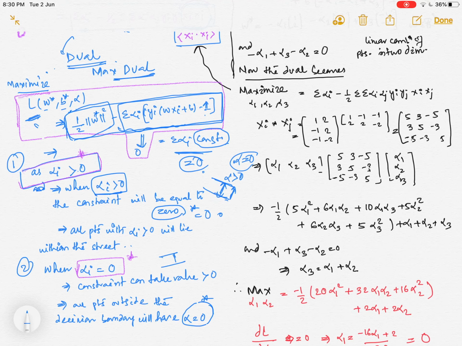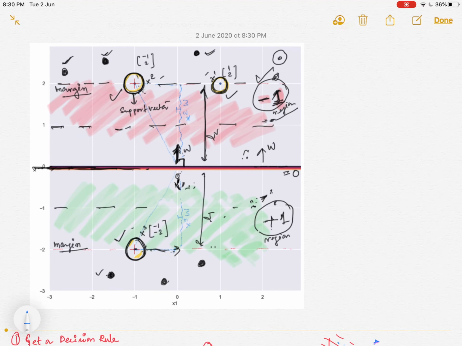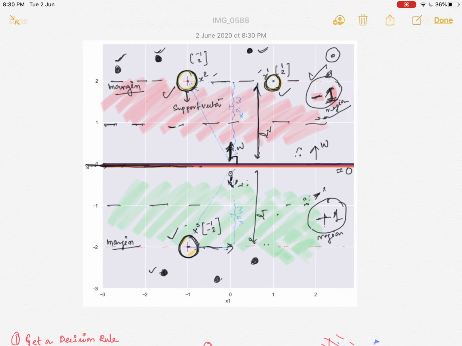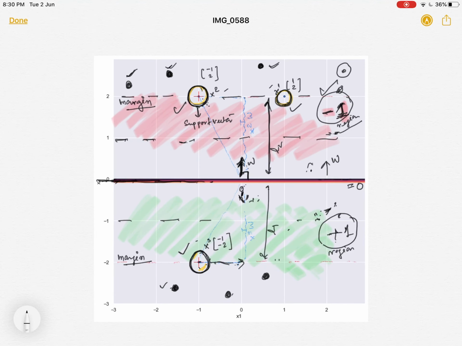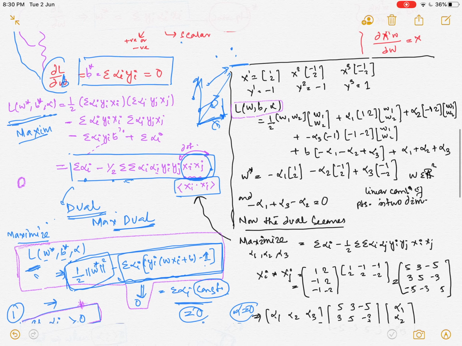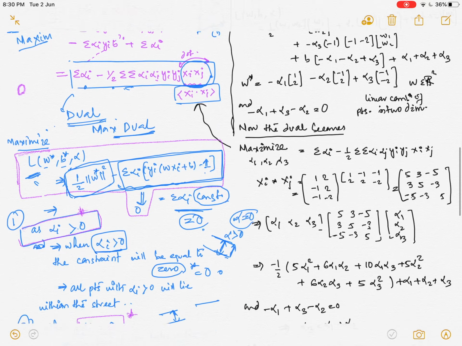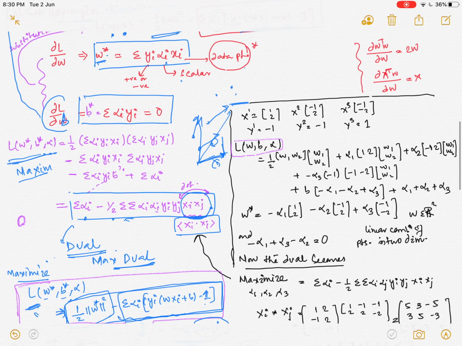So once we have the values, now we see that our support vector only depends on the points that lie on the decision boundary, that is x1, x2 and x3. All other points will have alpha equal to 0. So when we are calculating W star or B, every point is multiplied with its alpha value, so all the other points will not come into the picture. Let's see an example side by side as well, to see how it works.